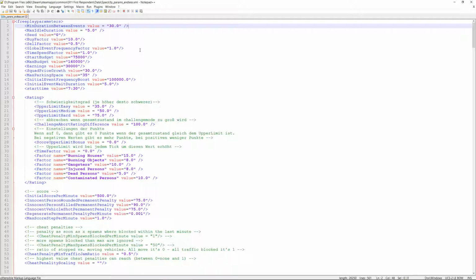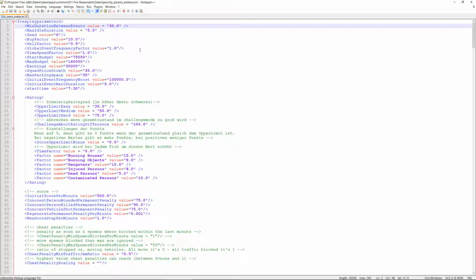And so what that does is it'll make less calls in a given block of time and either decrease the time between incidents or expand them, so at least you have time to take care of one before you get to another. I think that's the best way to describe it. If you feel rushed and you've got too much going on, you need to space out your calls a little bit. And when you change this value, it changes it for all of the events. It doesn't just do fires, it doesn't just do police, it does all the events, because this is a duration between events, not specific